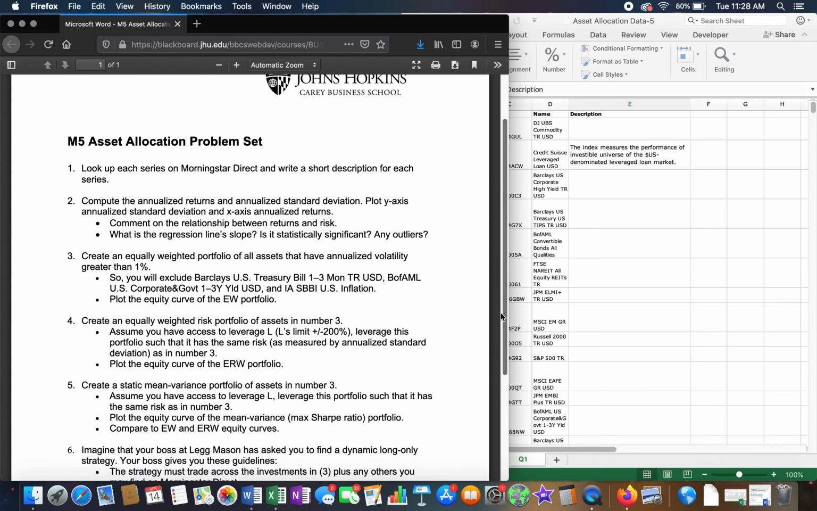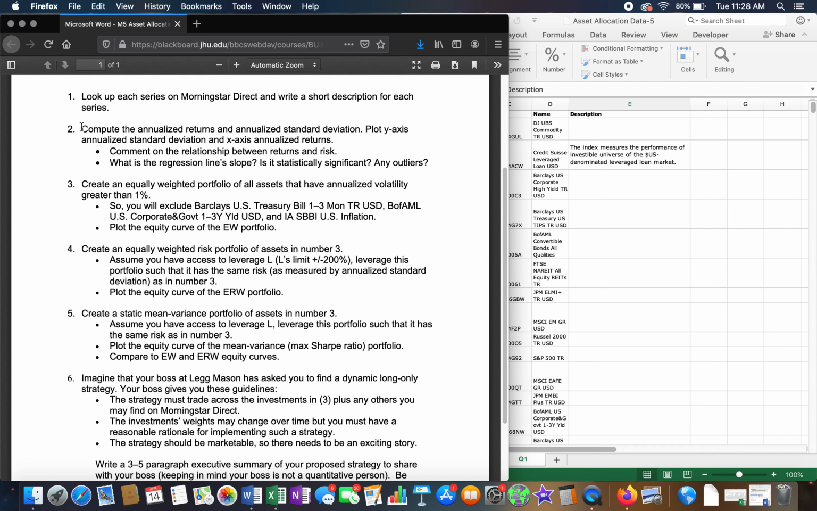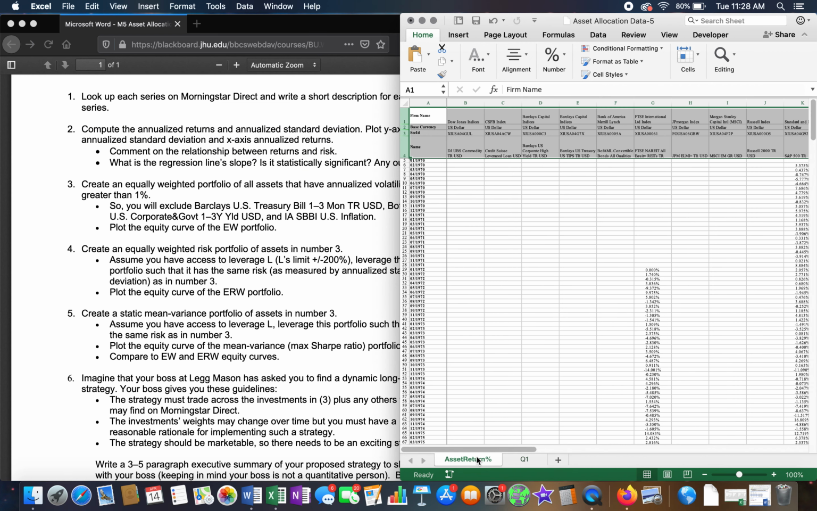Question 2. It's right here. Compute the annualized return and annualized standard deviations. Plot the y-axis as annualized standard deviation and the x-axis as annualized returns. All right, so to do that,